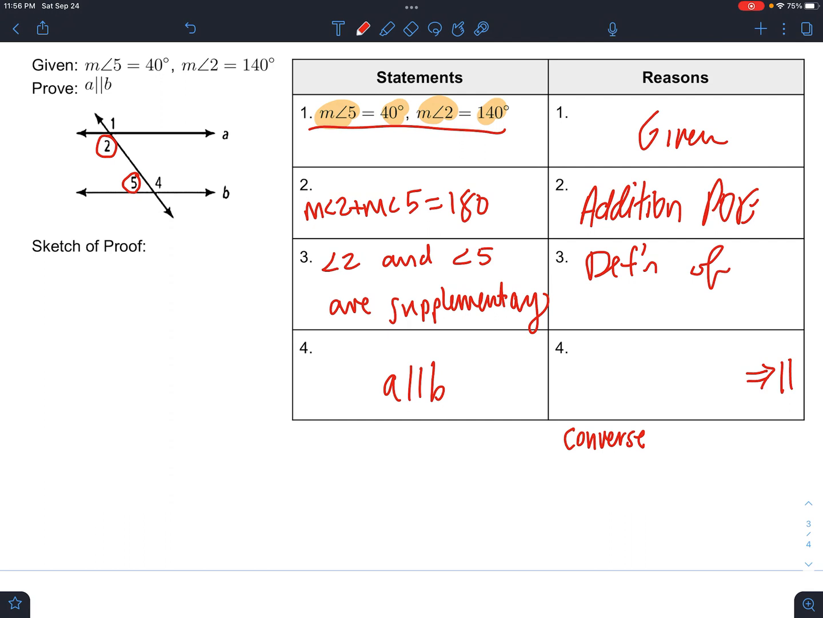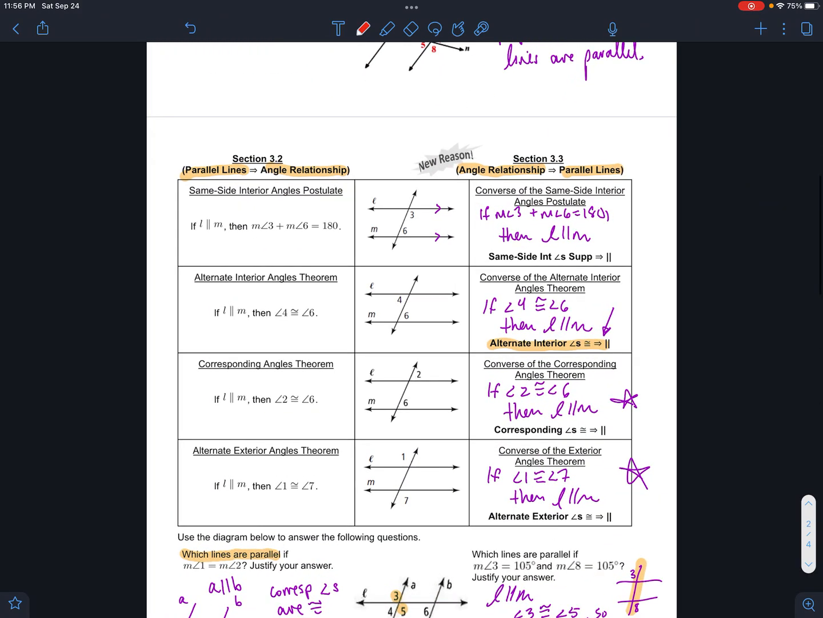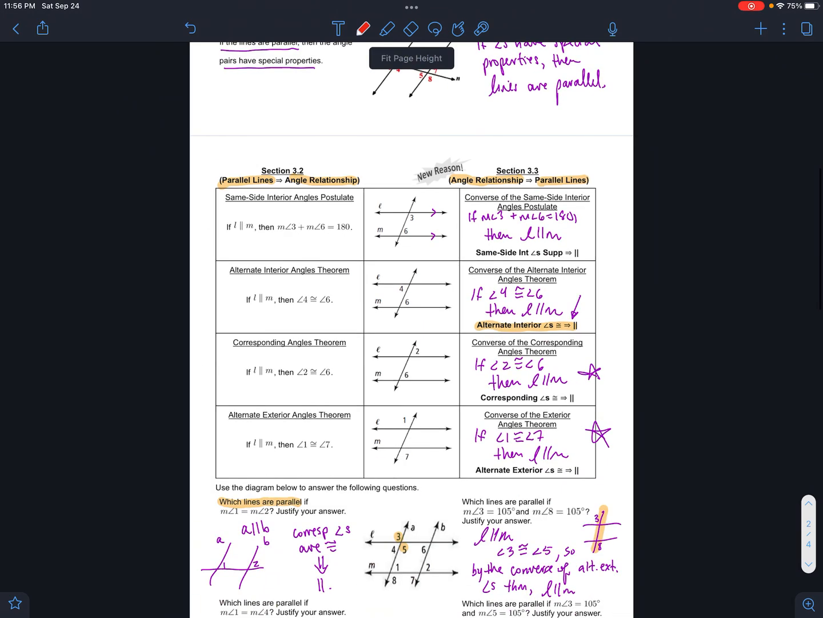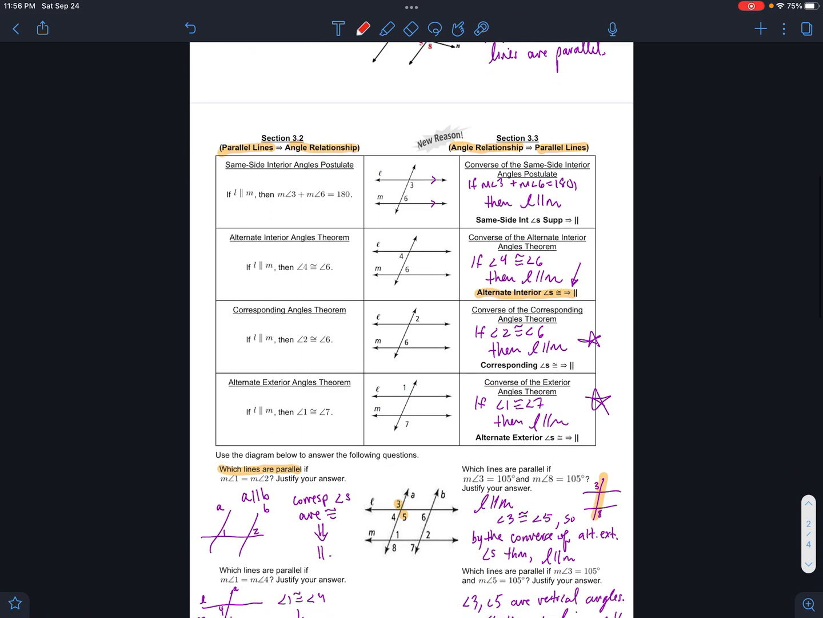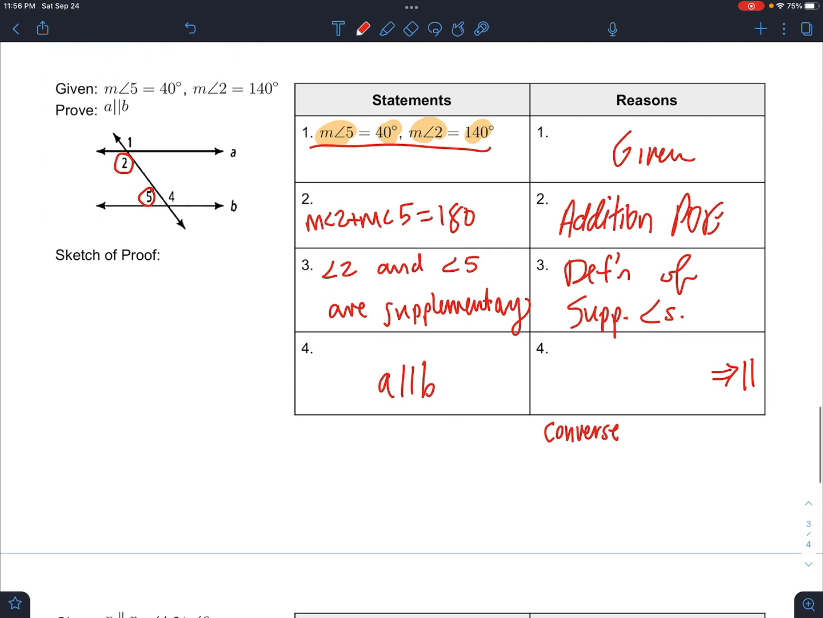Which is the definition of supplementary angles. And the reason I want that is because I know that if I go up to here, well, I guess you could kind of prove this in maybe more than one way. But the reason why I say that is because I know that the same side